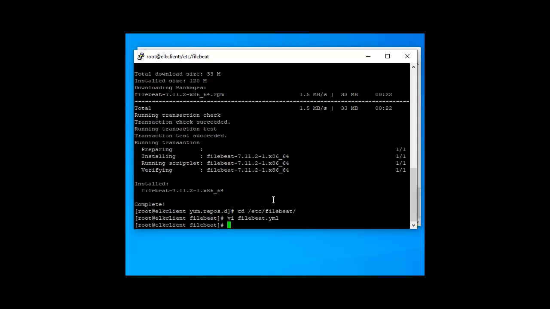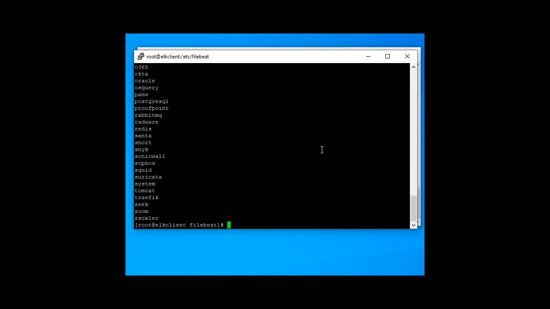Now save this file and load the modules: filebeat modules list. Okay, so these are the list.